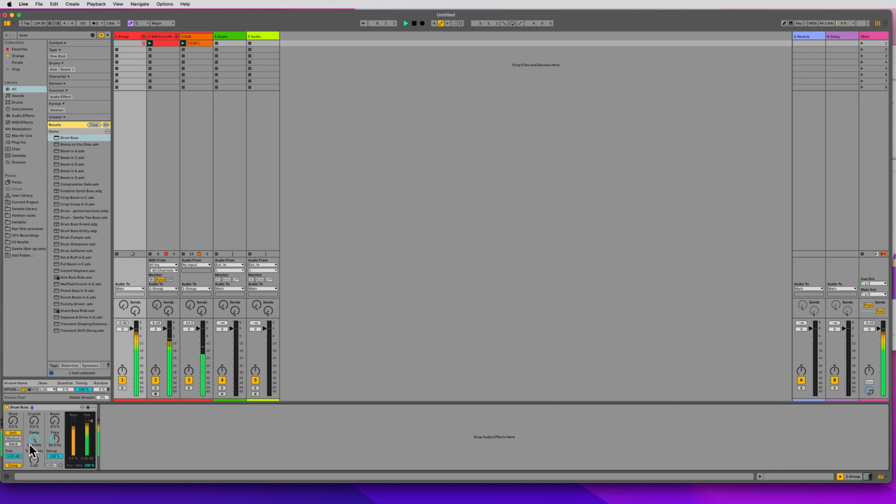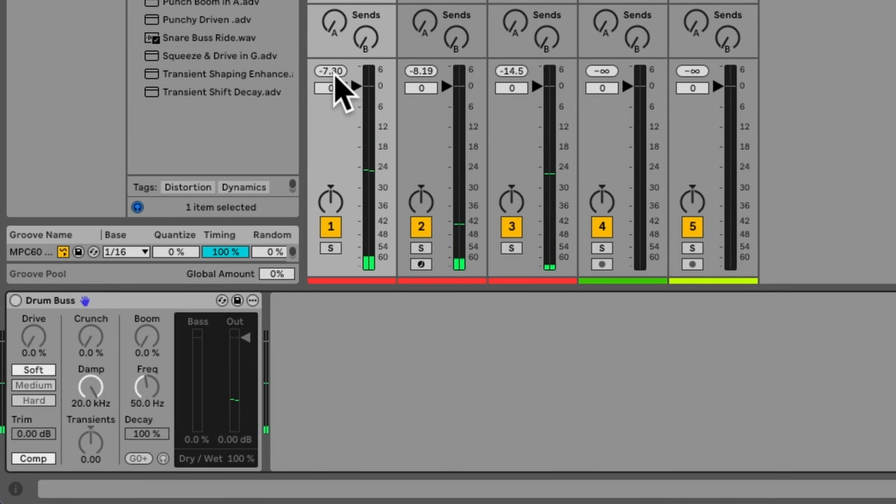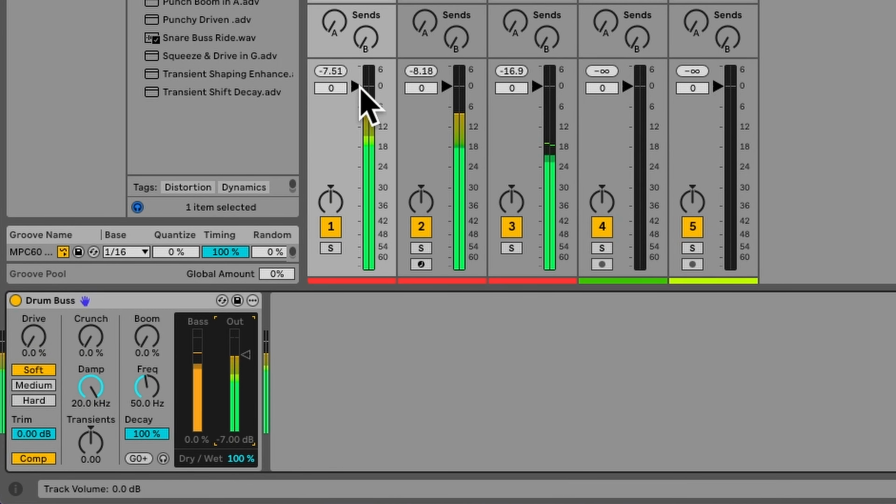And just going like this, it's not necessarily better, but what you do notice is that it gets super loud, super quick. So we see that right now it's hitting at minus 7.3 decibels. What I want to do when I enable my drum bus is then pull this down to negative 7. That way we're getting the oomph, the glue, so to speak,